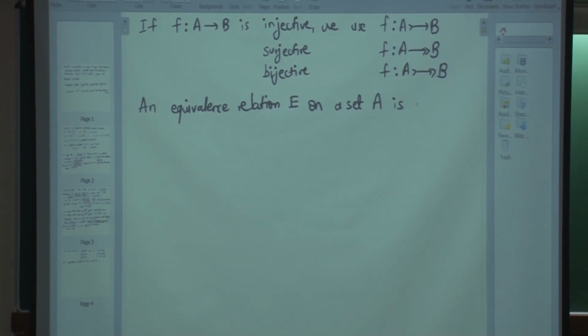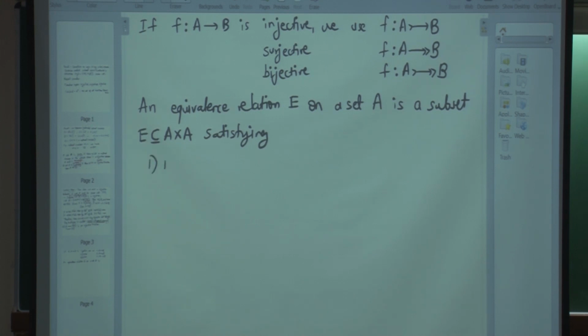Reflexive, symmetric and transitive. But first I have to describe E as a set. So what is it? E is a subset of A cross A, satisfying